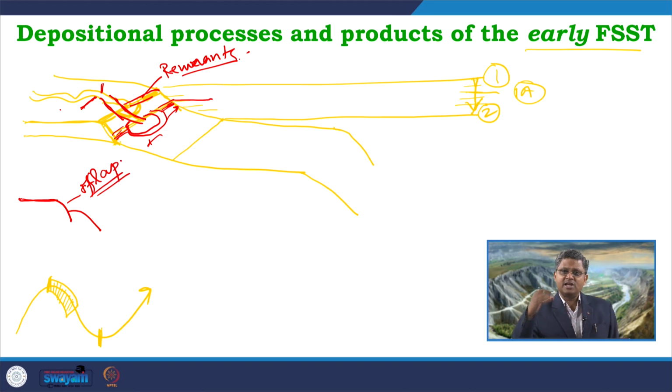So, for each such phase of fall in the base level, we will expect formation of this kind of offlapping lobes. And this area which is remaining over here, for example this part, they are the remnants, and over this area we can expect some soil forming processes, some pedogenic processes going on, or simple bypass is going on over there.